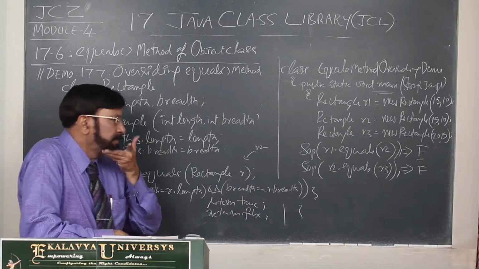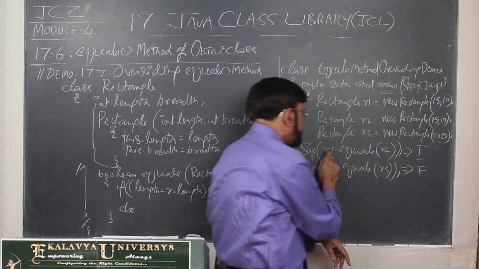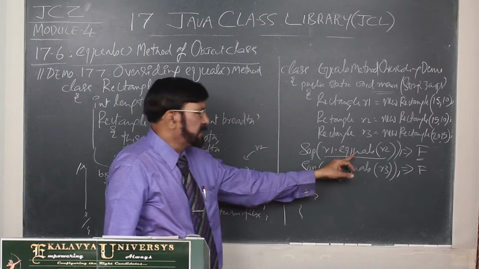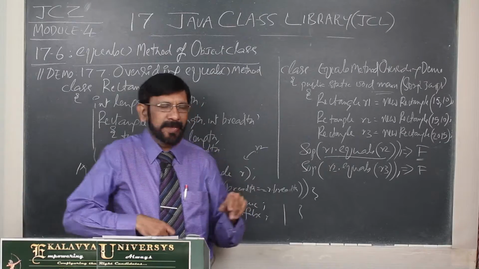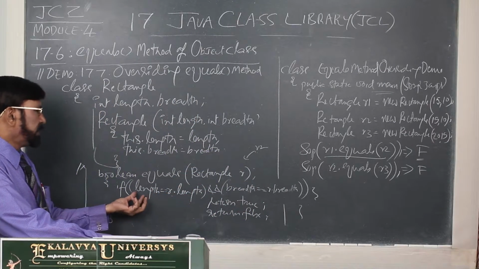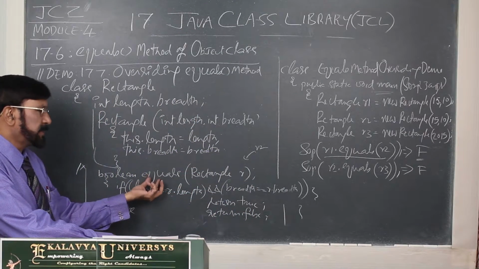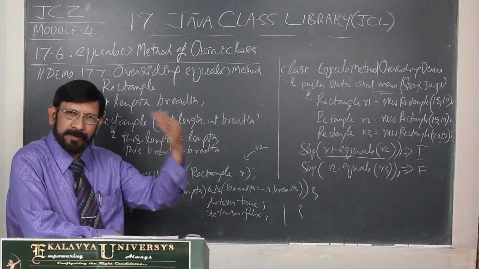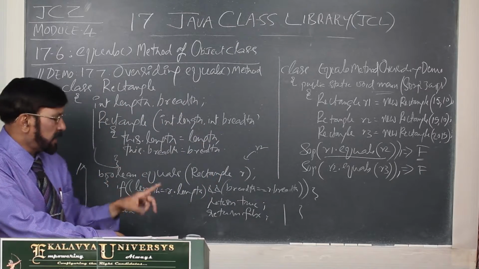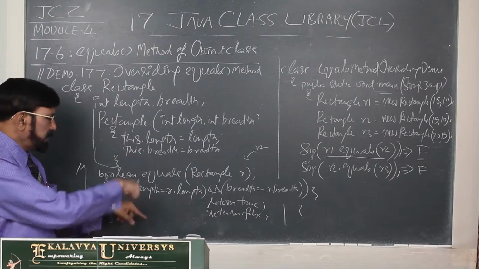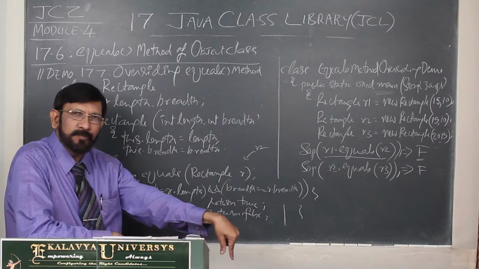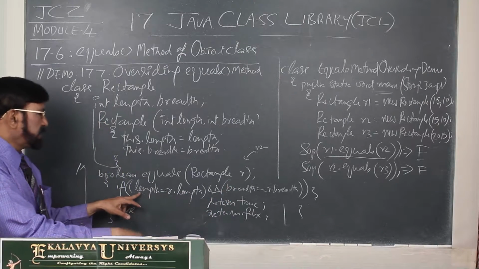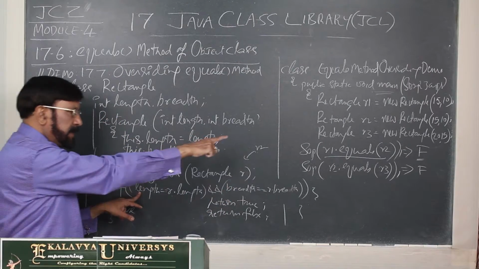Once again I am telling you, with reference to this, you understand R1 is calling the equals method and it is passing R2. Then who is the caller of the equals method? R1. That means R1 is the boss, R1 is the caller. That is why R1 is present. In your home, you need not tell this is my home. So, R1 is obviously present being the caller.